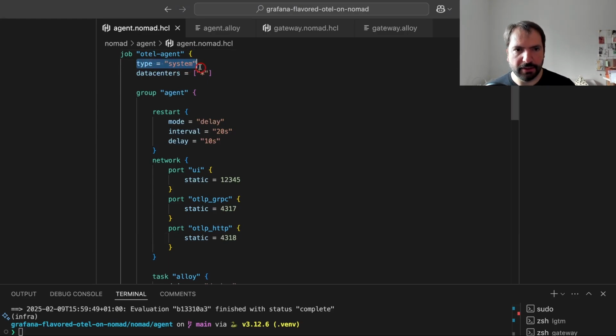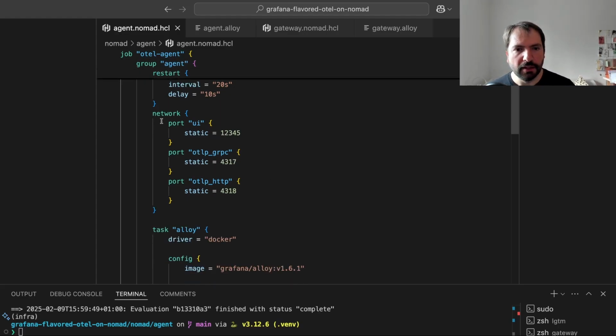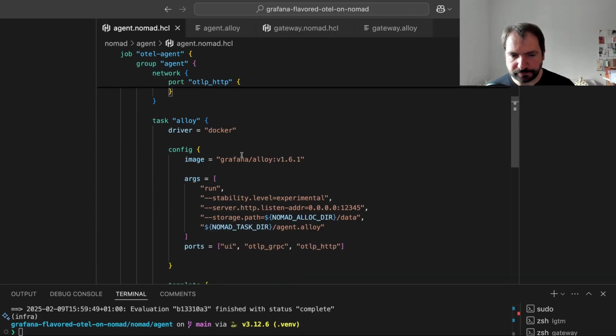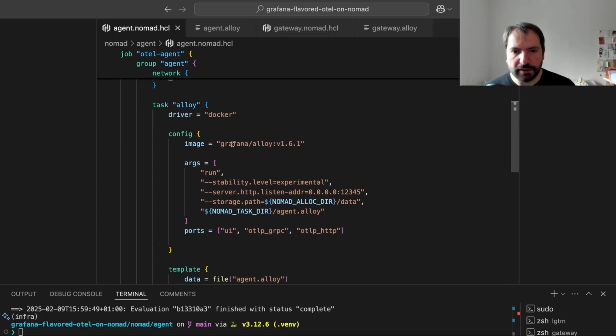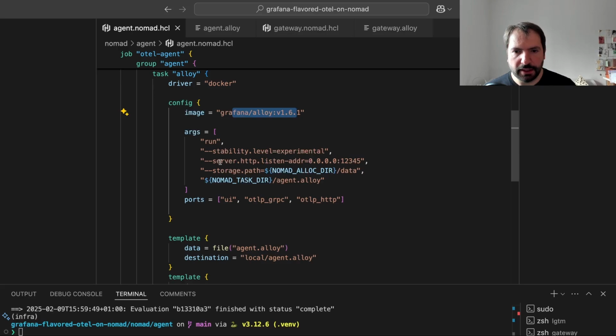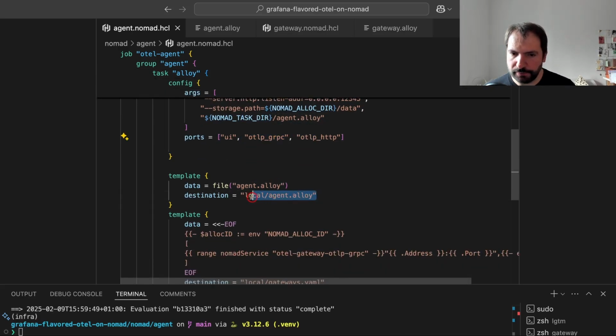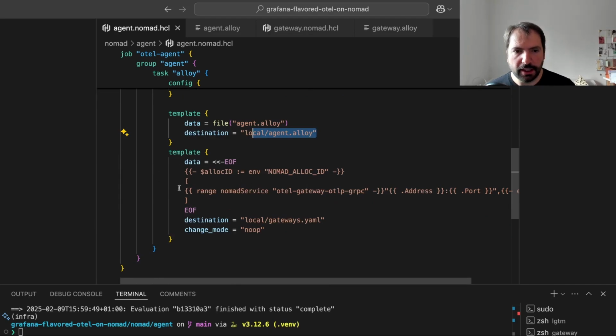As said, it's of type system, so it's deployed everywhere. It has a UI, and it also exports statically our two services to our two OTLP endpoints here. Then we have the Alloy agent here, and it uses those ports. It has a configuration which we're going to look at in a second,